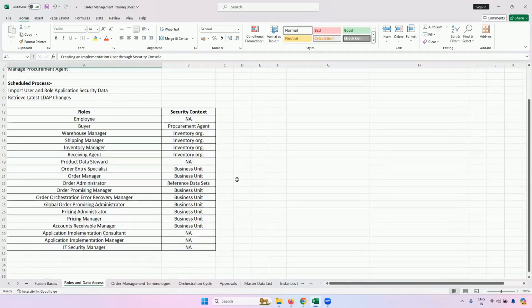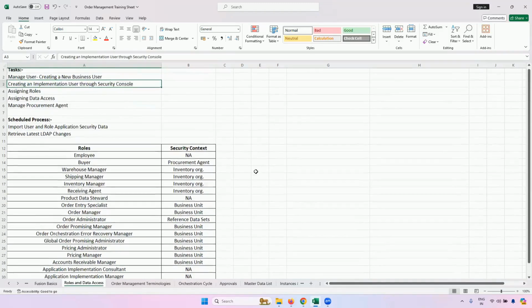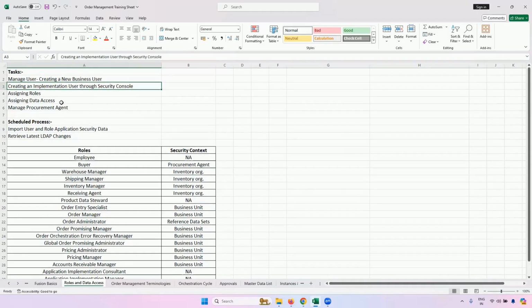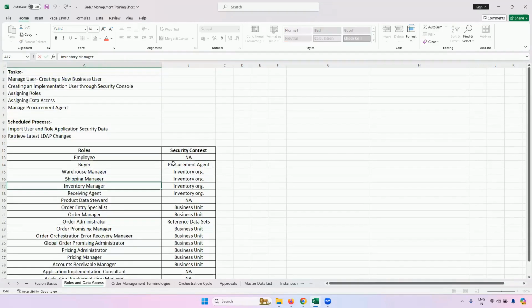Yeah, definitely we can do that. But the reason I've assigned all the rows to this user is to save time. If I only assign him these 3 rows, I'll have to create 5, 6 users, and that will take a lot of time. So for demo purposes, I have created one business user and assigned him all the rows needed for order management. But yeah, you're right.